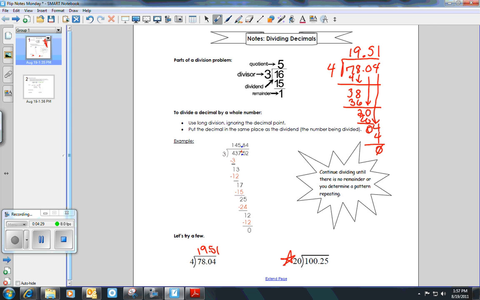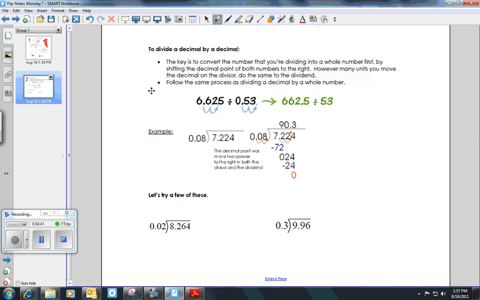Next, we are going to take a look at what happens if there is a decimal in the divisor. What if this 3 here was 3/10 instead, for example? And when we're looking at that, let's say we have 6 and 625 thousandths divided by 53 hundredths. Okay? The key to dividing with decimals